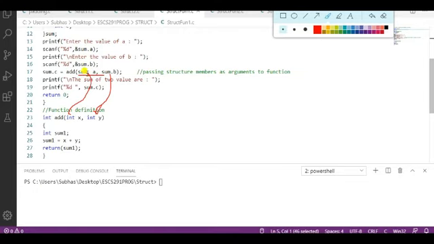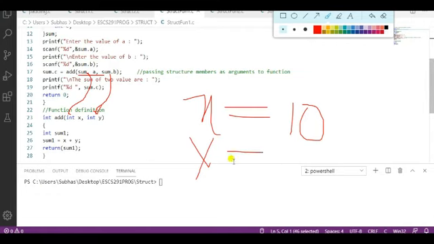Suppose a equals 10 and b equals 20, so that means 10 will be assigned to x. So x is 10 right now, and y is, for example, 20.